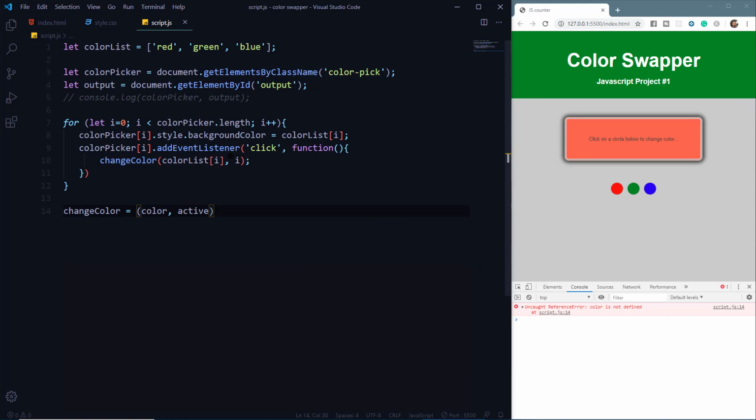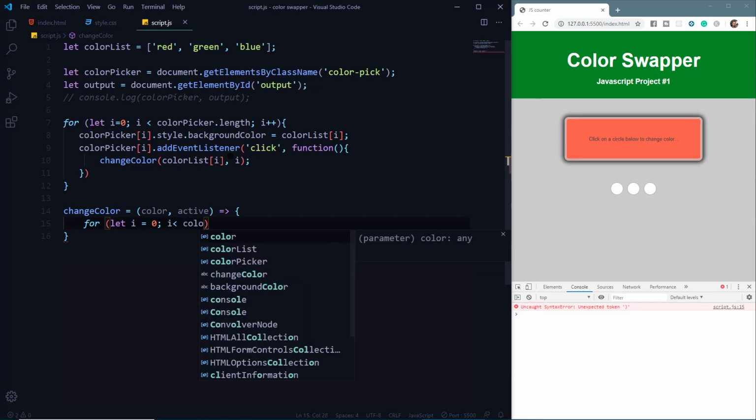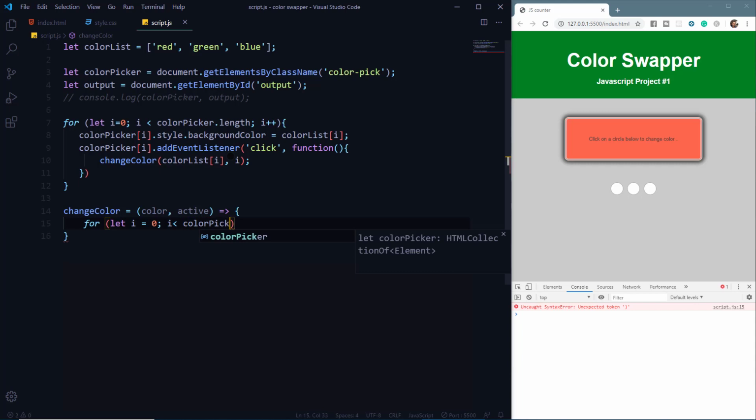These are the two variables, and we'll create an arrow, and inside this we'll create a for loop where i will be less than colorPicker.length.